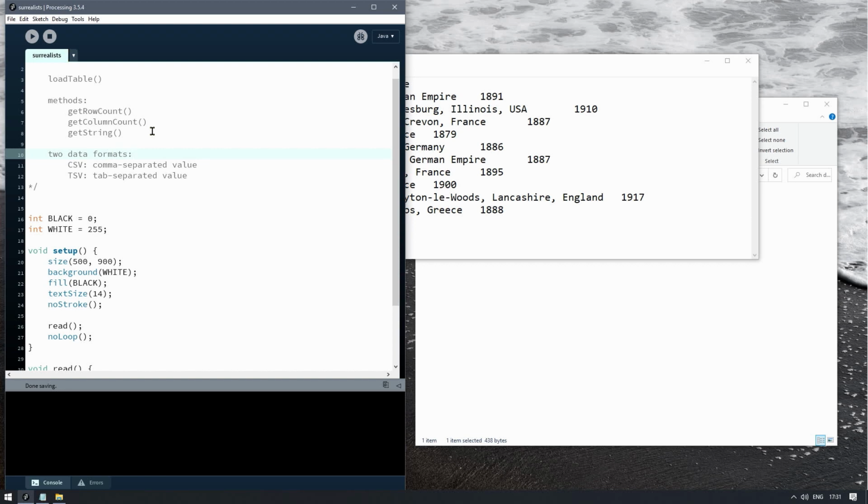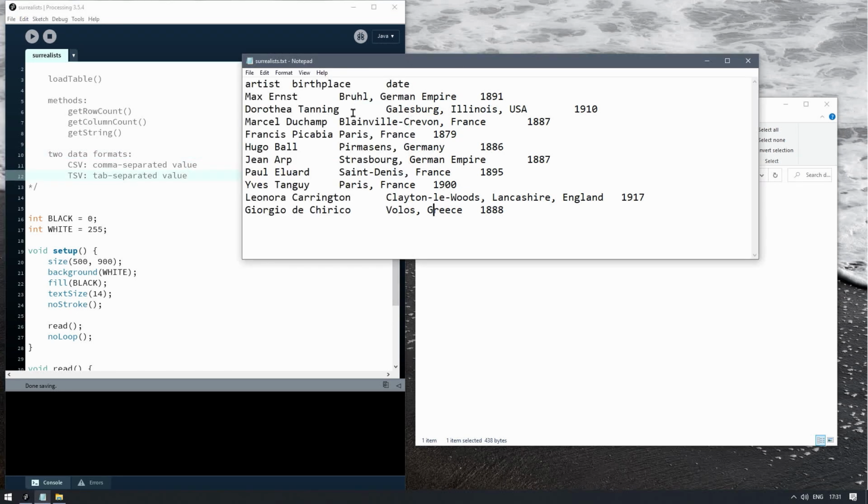Basically, since the very beginning of what we would call digital computing. So they're very, very simple. So you can either separate the values on a line with a comma or with a tab. And I've chosen the tab format because my data already includes commas. So you can't use a character as a field delimiter if that character is part of your data, because otherwise Galesburg, Illinois, USA would look like 3 different fields,